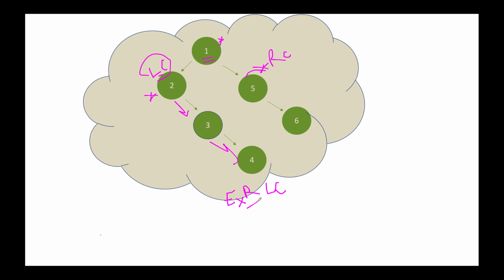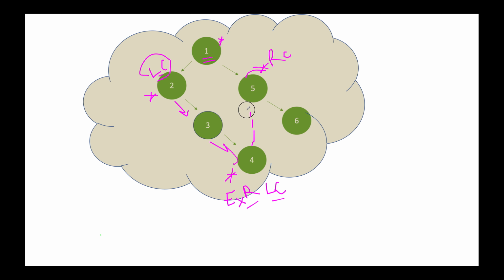So extreme right of the left child. Hope you understood this acronym. And once we have that, so this is that node, we'll re-establish the connection, the same thing that we did in the previous slide. Extreme right child of the left child dot right points to the right child.